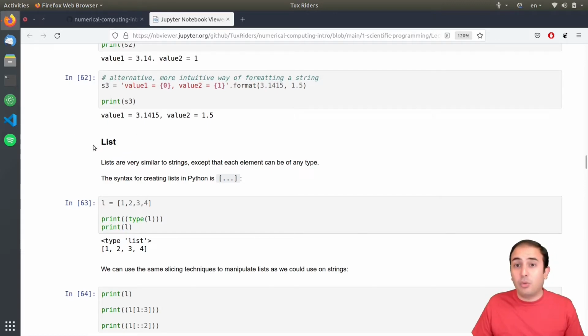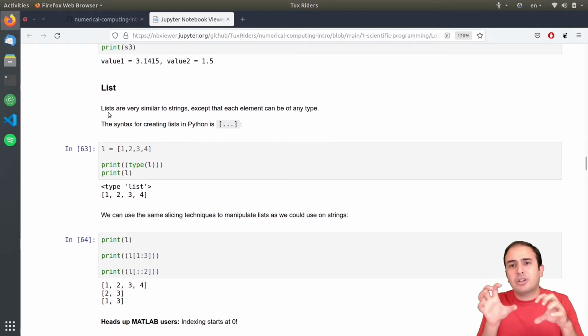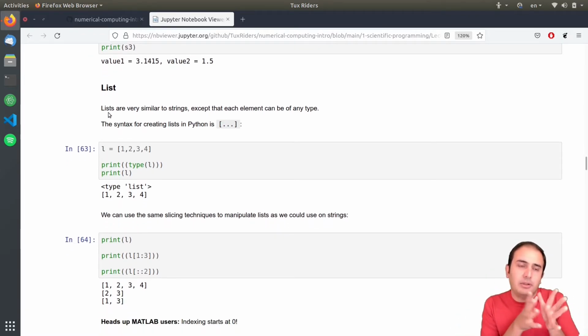And then lists. So let's go for compound types: lists, tuples, and dictionaries. These are very important in Python programming. And when I say compound type, it means that you can combine different types, or you can have a series or an array of something in Python. So list is